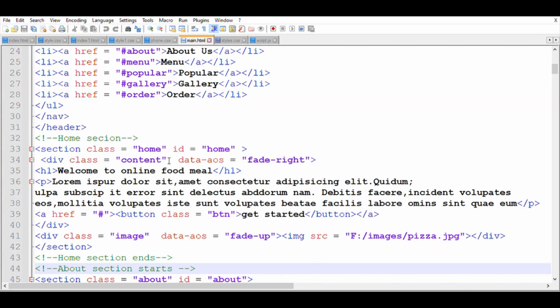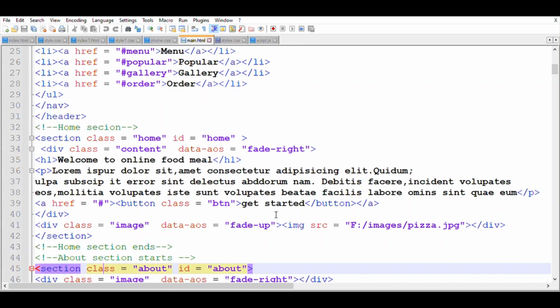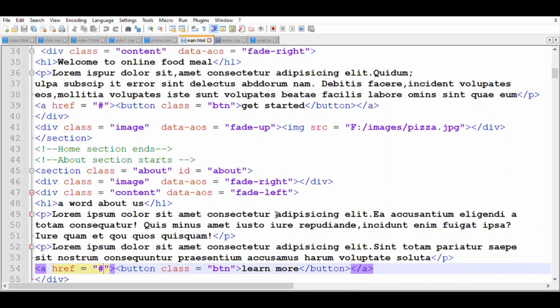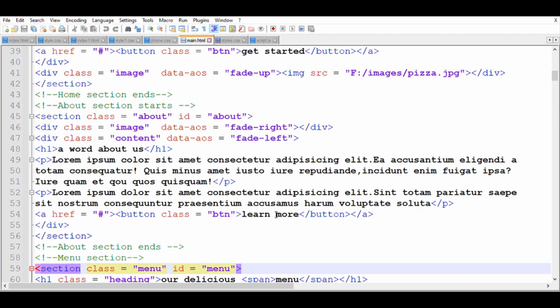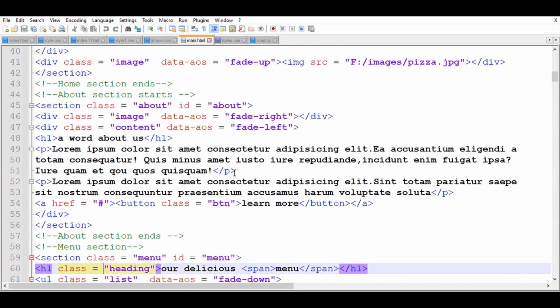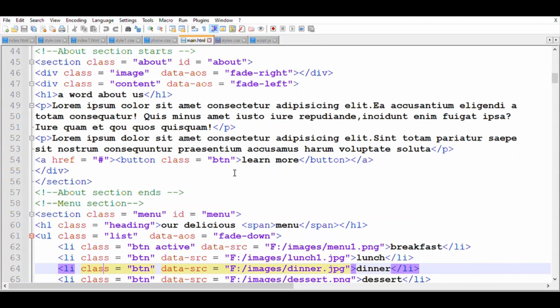I have created a button as get started, and this is my about section. I used data-aos fade-right. That means the animation will shift right. I have set animations using data-aos through the AOS link and I have created a button, learn more.